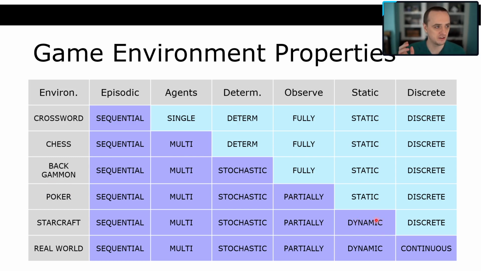But then if you add in a dynamic aspect, and dynamic versus static here means that if something is static, it just waits for you to make a decision, whereas a dynamic environment is constantly moving along until you make a decision. In StarCraft, it's completely dynamic. If you take too long to make a decision, your opponent is just going to kill you while you're waiting, so it makes the game much, much harder. StarCraft as an environment is probably the closest we have to the real world in terms of video games, because it shares all of these properties. Except whether or not you want to believe the universe is discrete or continuous, it's arguable that the real world is a harder problem to solve than StarCraft.